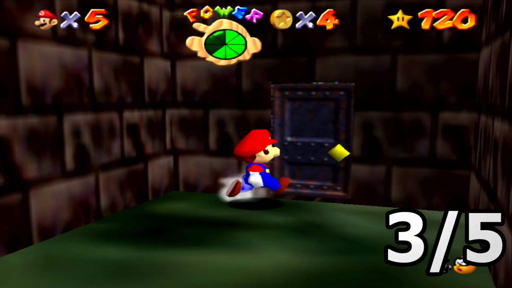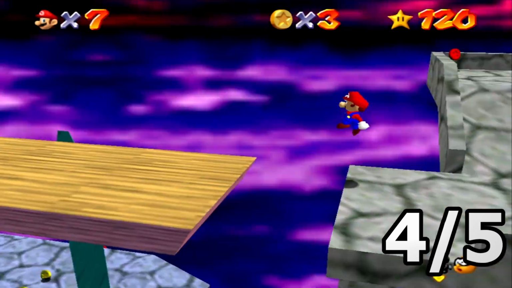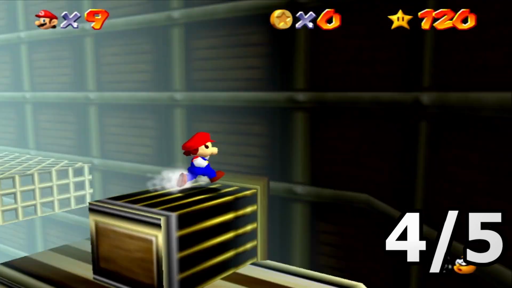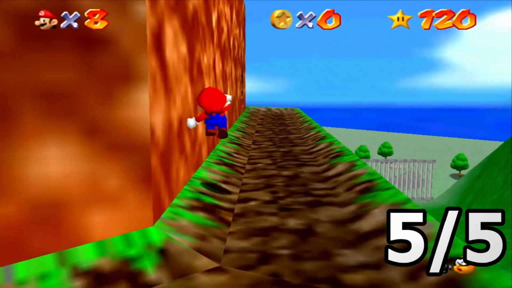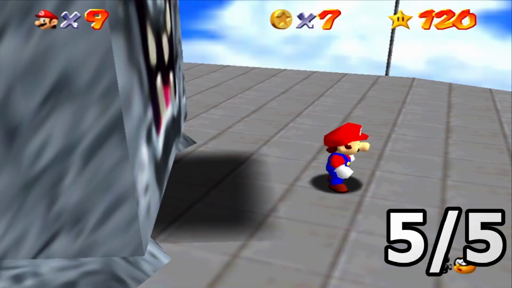Hazy Maze Cave. In the 4 out of 5 tier, I have the Princess's Secret Slide, Bowser in the Sky, Tall Tall Mountain, Big Boo's Haunt, and Tick Tock Hop. And in the 5 out of 5 tier, I have Bob-omb Battlefield, Cool Cool Mountain, Lethal Lava Land, and Whomp's